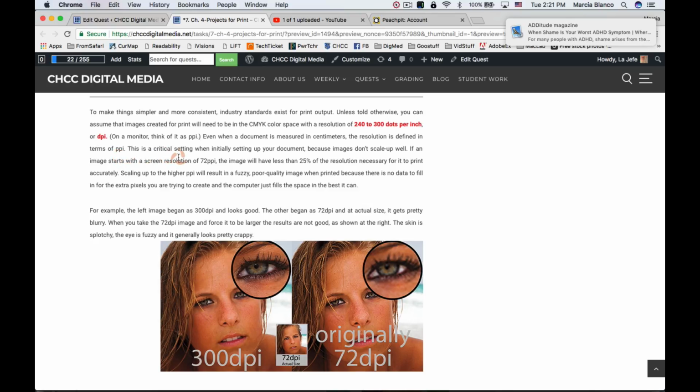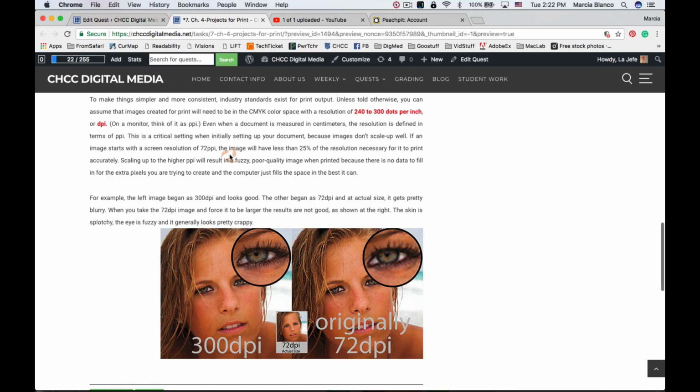This is a critical setting when initially setting up your document because images don't scale up well. If an image starts with a screen resolution of 72 ppi, which is a lot of the stuff you get on the internet, the image will have less than 25% of the resolution necessary for it to print accurately. Scaling up to a higher PPI will result in a fuzzy, poor quality image when printed because there's no data to fill in for the extra pixels you are trying to create, and the computer just fills the space in